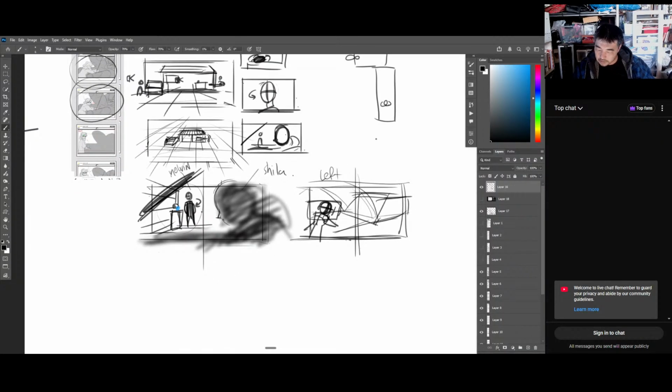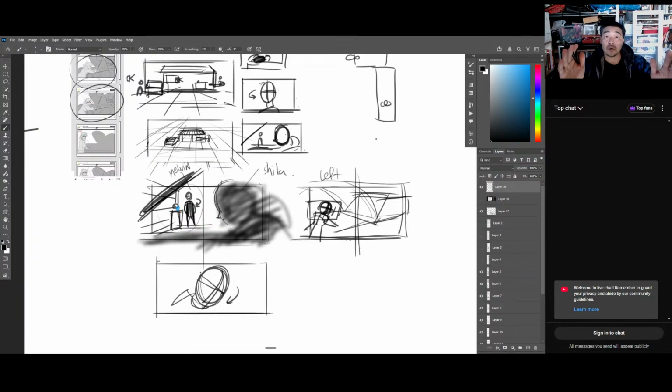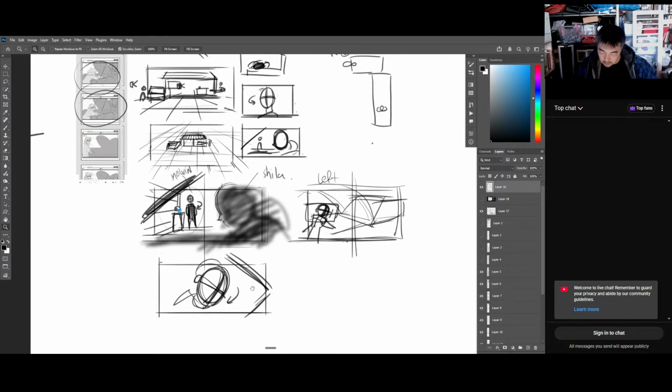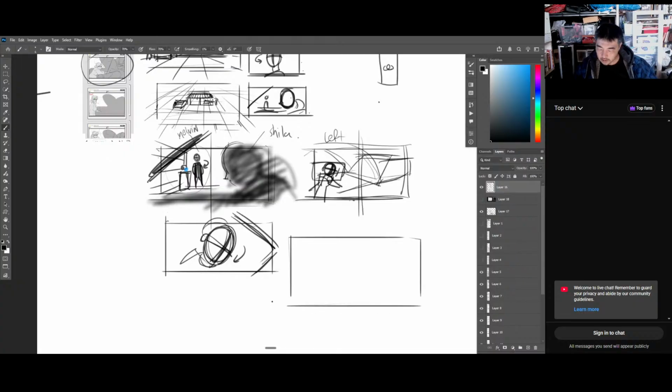So he comes around, she looks. What I would do from here is go close in on her face, like she turns, and then this becomes a neutral shot. A neutral shot is where you don't pick a side, you don't pick a left or a right, you just go right in the middle. Or you go to a wide. So you have this shot right here. You could also just go straight to your wide angle again, which is the shot that we had over here.